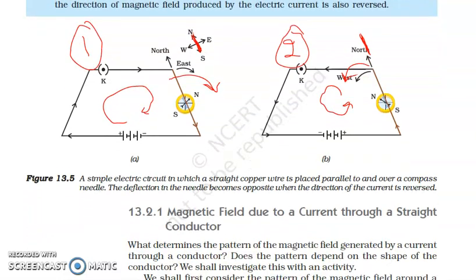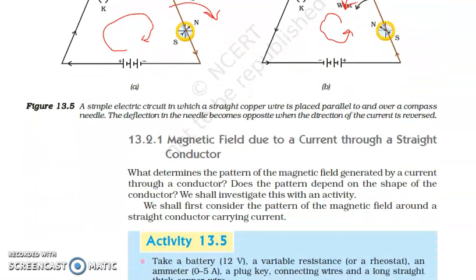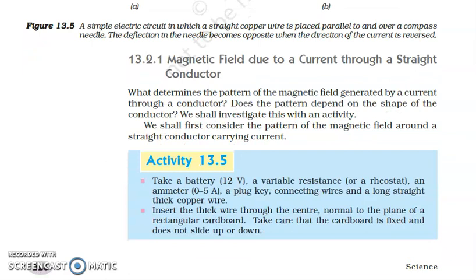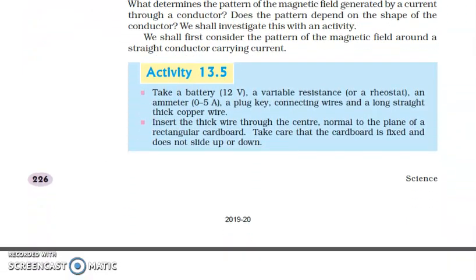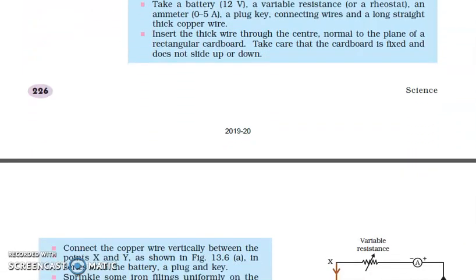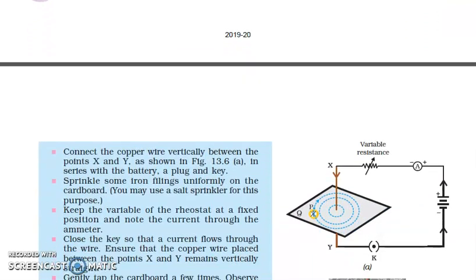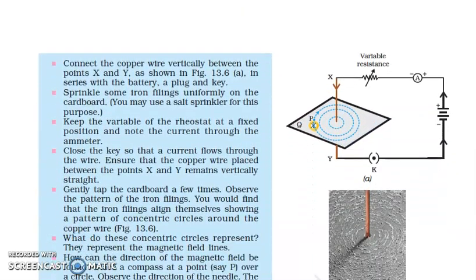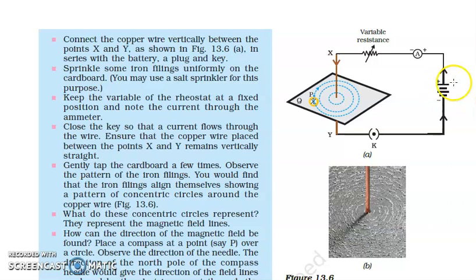Okay. The next topic is magnetic field due to a current carrying conductor. This is also an activity and it is a simple one rather. We'll study it in detail through this figure only. This is the figure that has been drawn for this activity. Again we have taken this battery, positive terminal and negative terminal, one ammeter, this variable resistance, and this is a cardboard through which a current carrying wire has been passed, a key, and it ends at the negative terminal.